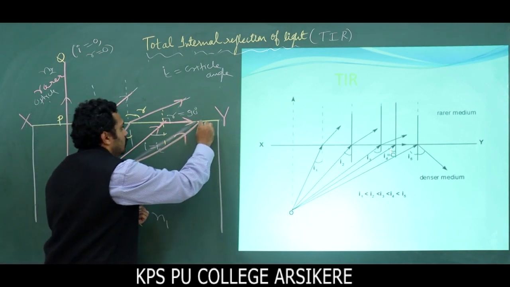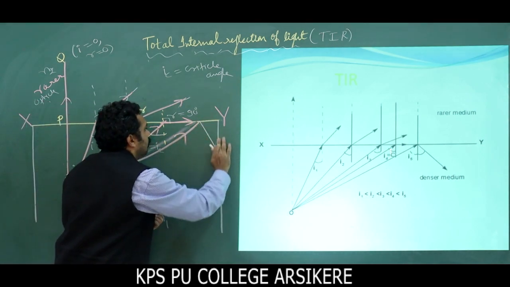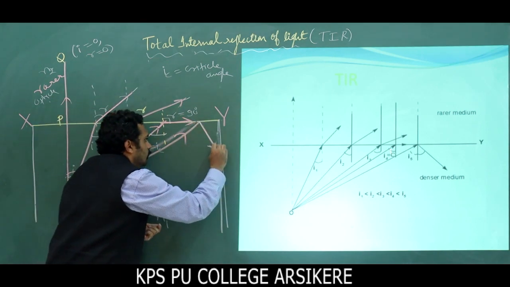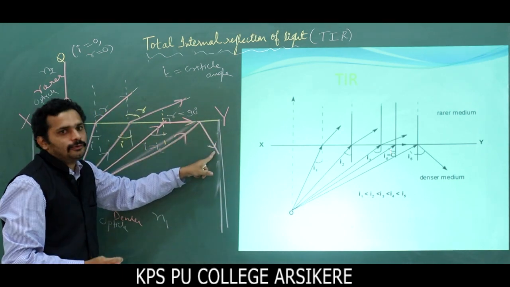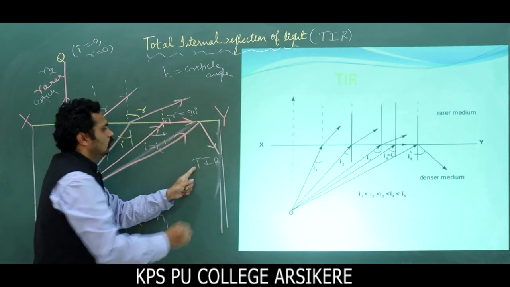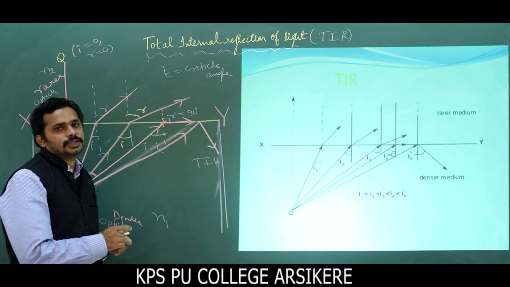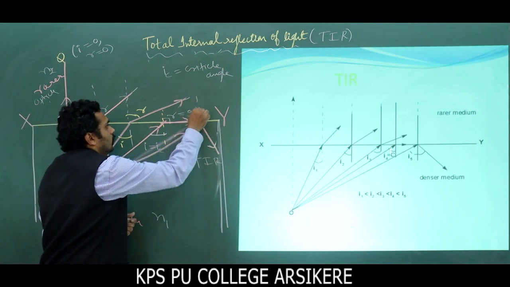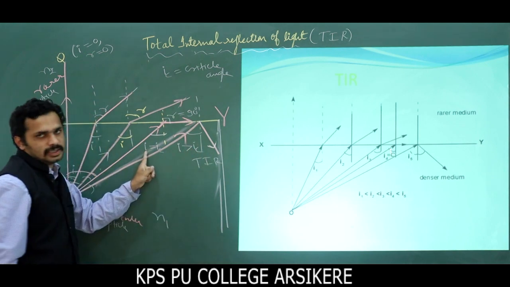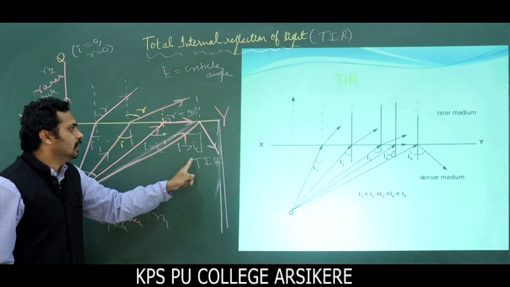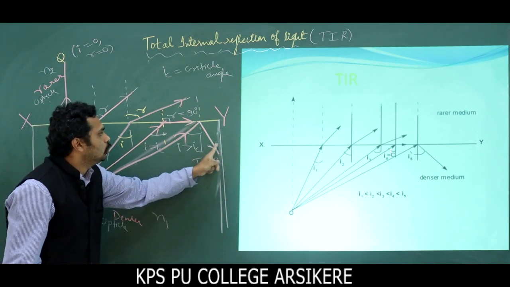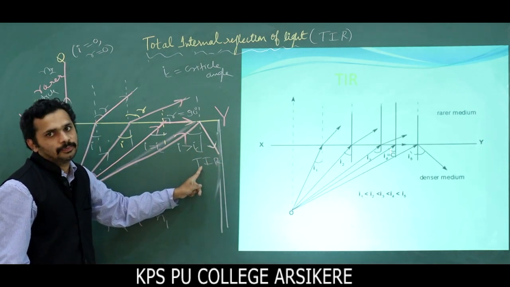Now the ray is completely reflected back. ನೋಡಿ ಈ ಒಂದು ಆಂಗಲ್ಗೆ ಕಂಪ್ಲೀಟ್ ರಿಫ್ಲೆಕ್ಷನ್ ಆಯಿತು. This is TIR, total internal reflection. Now you draw the normal. This is I, this is I greater than IC. Here I is equal to IC, here I greater than IC. This ray is totally reflected ray.